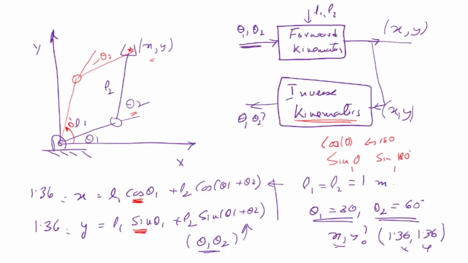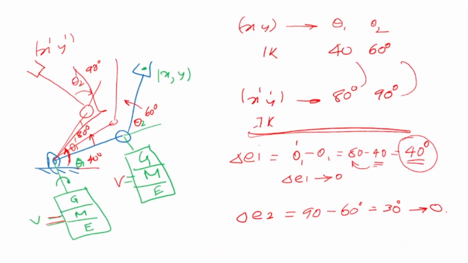So for a higher degree of freedom manipulator, you may have more solutions. For the Puma 6 degree of freedom arm, you may have 6 solutions. Okay, so this is the forward kinematics and this is the inverse kinematics, and this is what we mean by the basic control. As we are progressing, I'm trying to make the connection.